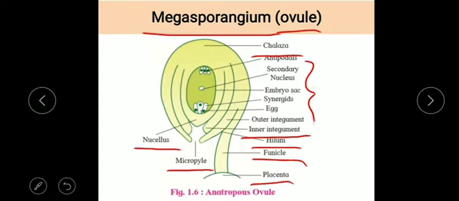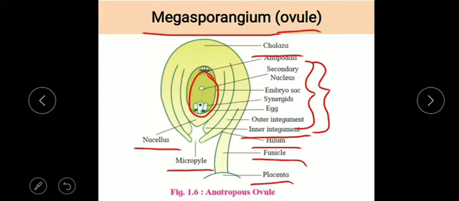But today we are only going to focus on those parts which I have underlined, because these are part of the embryo sac. This embryo sac is a 7-celled, 8-nucleated structure which acts as the female gametophyte. How this whole embryo sac structure develops, I am going to explain in the next video lecture. So just skip this part.